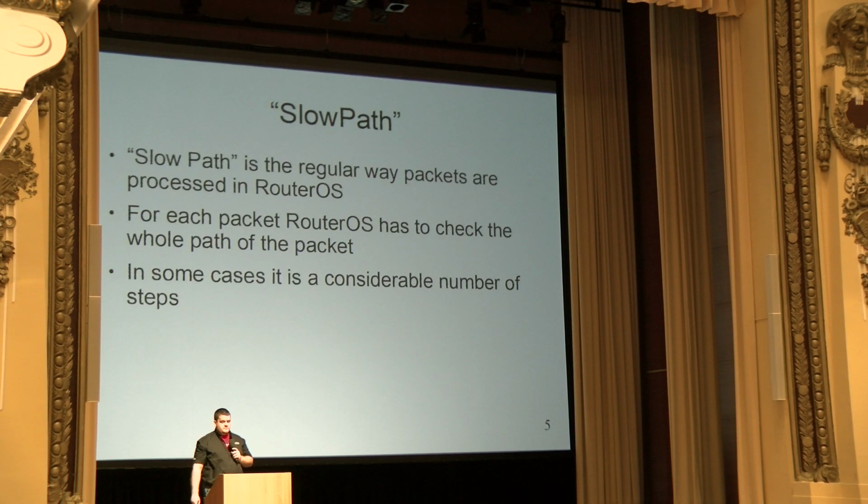This is why, by default, your routers are running in slow path. I call it slow path so I can refer to it in this presentation the quick way. Basically, it's the regular way packets are processed in RouterOS. For each packet, RouterOS will check each and every facility that you saw in the diagram. And basically, here goes the performance. If you need to check all the features, if this packet needs to use one feature or this packet needs to use another feature,